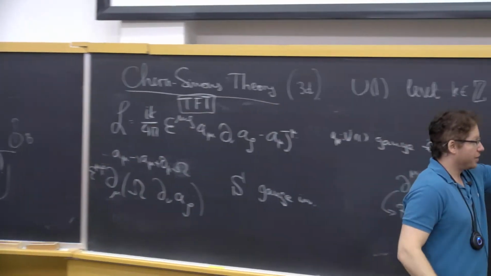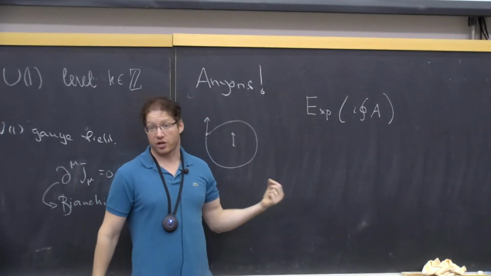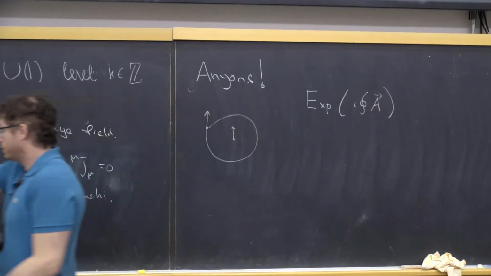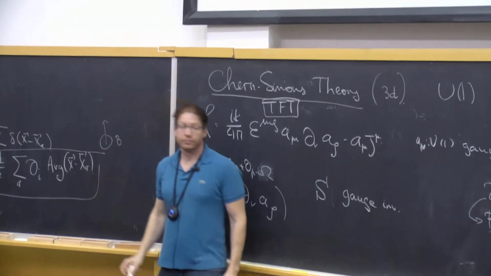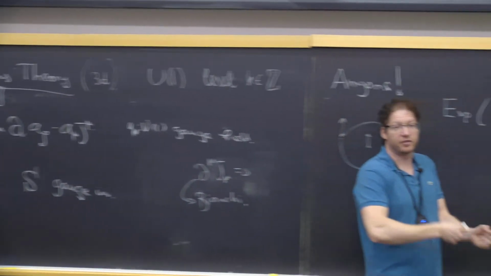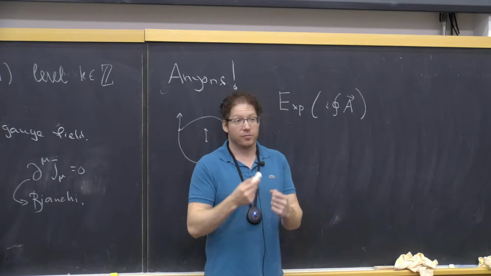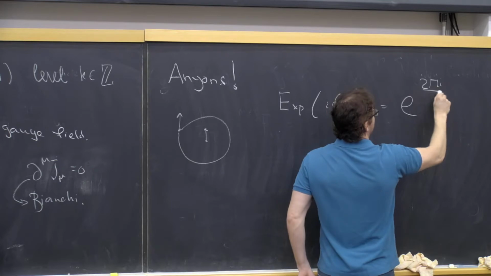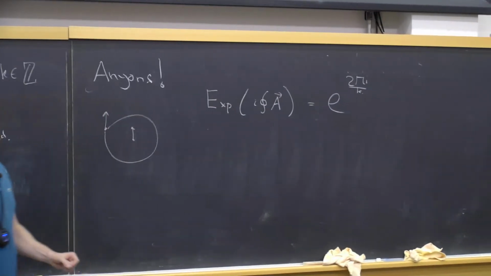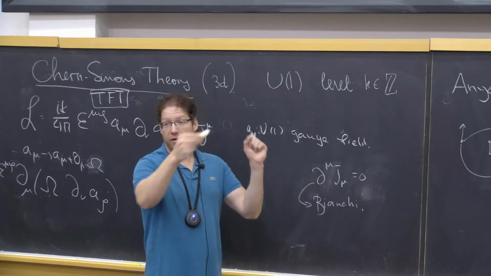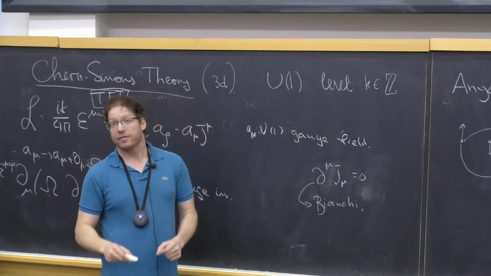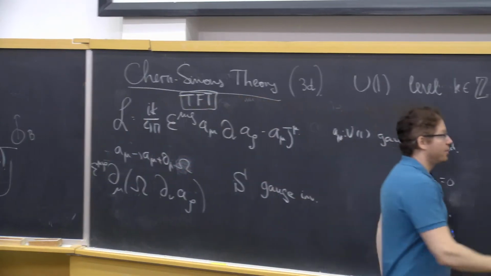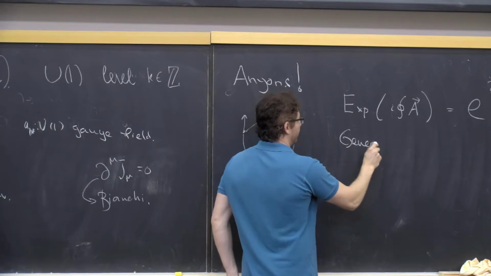Why is there a coefficient 1 here? Because the particle that we're moving has charge 1. And this A is just this A. It's the same A as here. So that's really easy to compute. It's just an integral over the phase, the function which is just the argument. So this gives e to the 2 pi i over k. So these are anyons, because when you move them across, you move them like this. These are not ordinary particles. They pick up a funny phase, e to the 2 pi i over k. Let me just generalize it. It will be useful to generalize it.